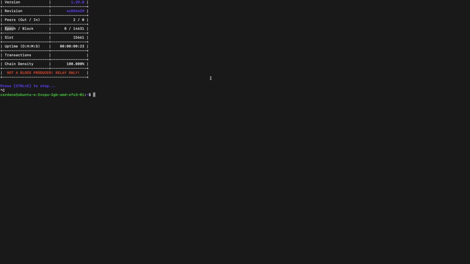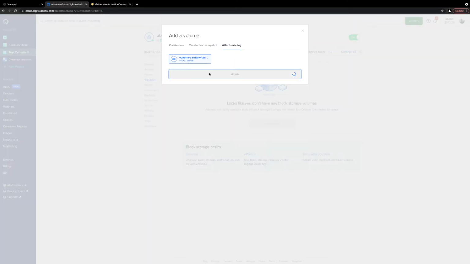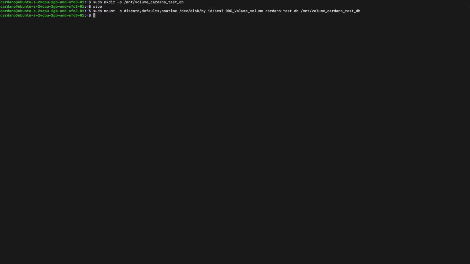So I have a backup, and so I don't need to wait for the blockchain to sync. I'm going to go ahead and copy that over so that we can continue with this demo. Alright, so what I did there was just mounted a volume that had a backup of the blockchain fully synced on it. I stopped the node, mounted the volume, copied that over, and then we're just going to go ahead and start